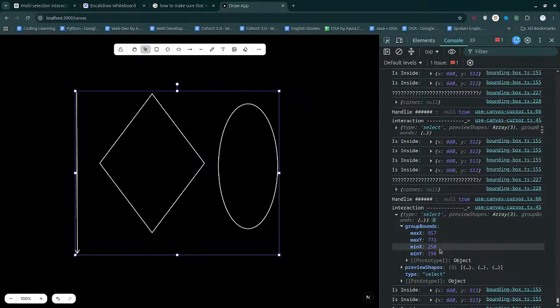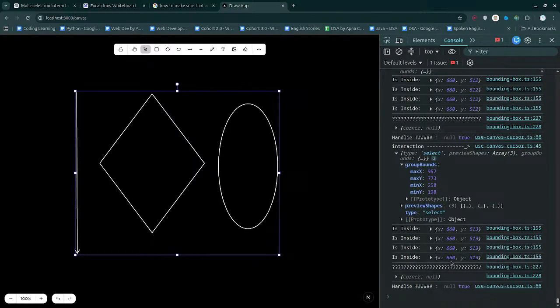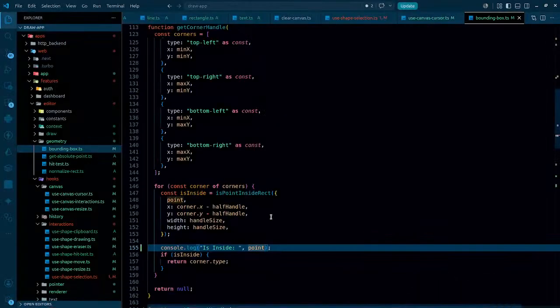So minimum x, minimum y, we have this, maximum we have this, and if the point is actually 660, so 660 is between 258 and 957. Y 513 is greater than 198, is less than 773. So this should be fine. So the logic